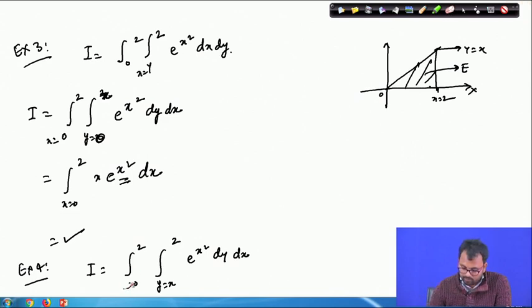So if we have started with y running from 0 to 2 and x running from 0 to y,